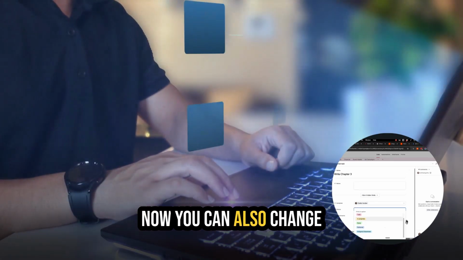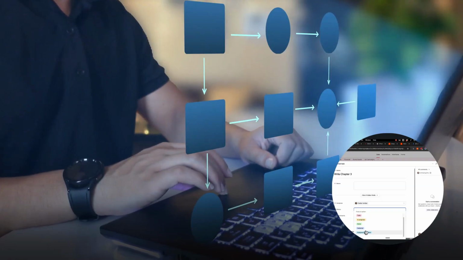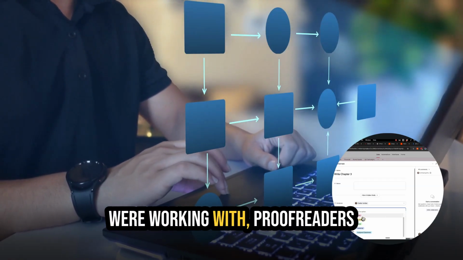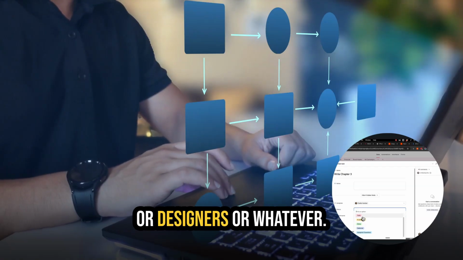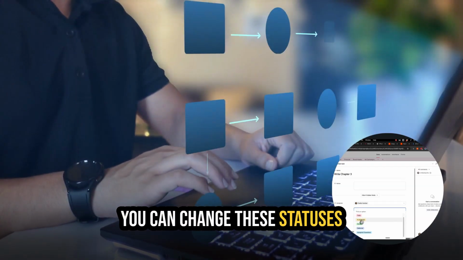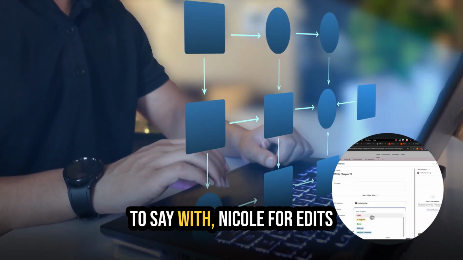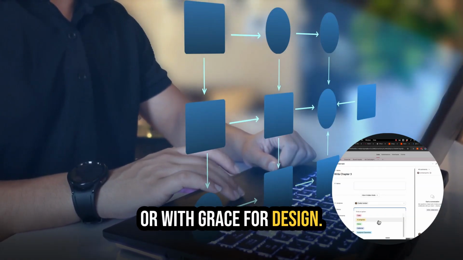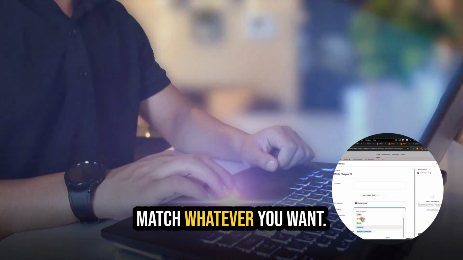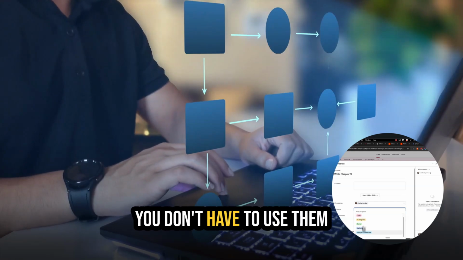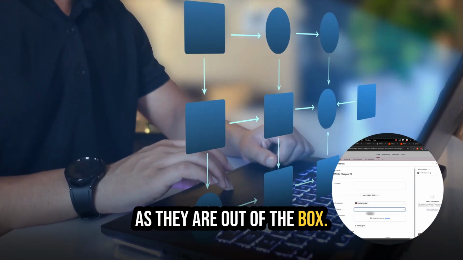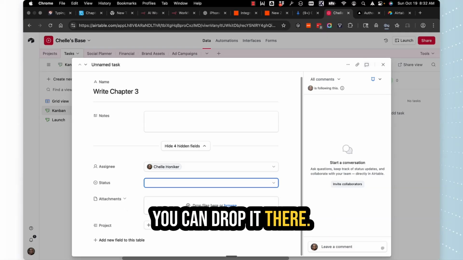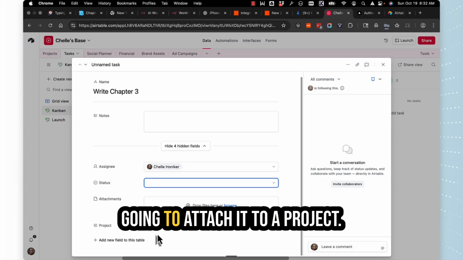Now, you can also change all of these statuses. So if you were working, for example, with editors, or if you were working with proofreaders or designers or whatever, you can change these statuses to say with Nicole for edits, or with Grace for design. You can change these to match whatever you want. You don't have to use them as they are out of the box. Then if you have something that you want as an attachment, you can drop it there. And then here's where you're going to attach it